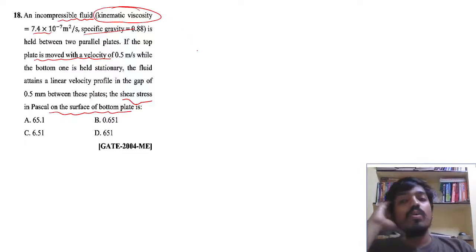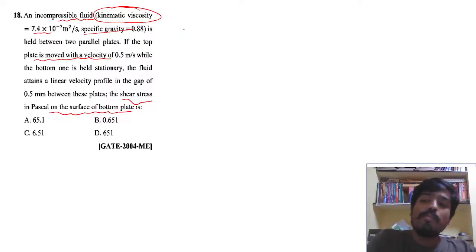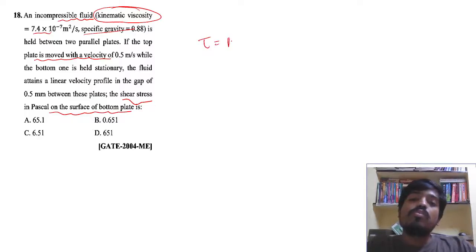Okay. See, bottom of the plate and top of the plate, the shear stress value is the same. So tau is equal to mu into du by dy. Tau is equal to, what is mu? 7.4 into the power of minus 7 into 0.88 into